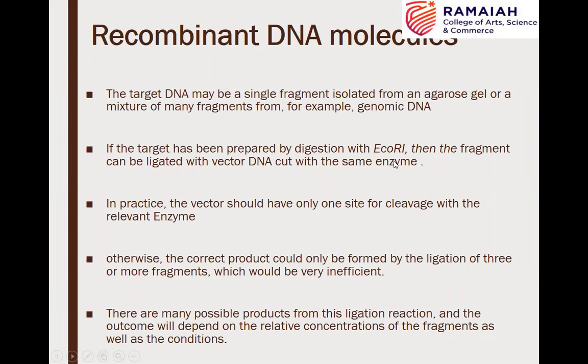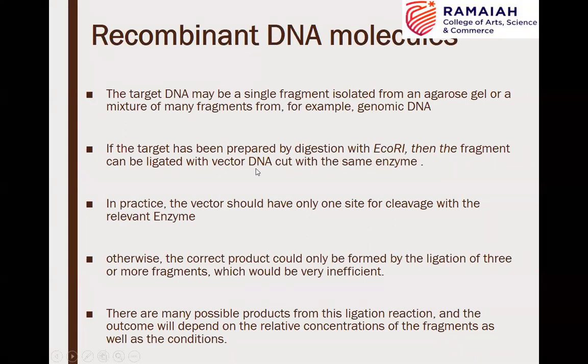In the previous class, we discussed in detail. For this ligation to take place, the ends that need to be joined should be compatible with each other. When they are compatible with each other, they would be able to base pair because of the complementarity, thereby forming the hydrogen bonding. The ligase does only the sealing of the nick, isn't it? So the point I am trying to explain is, if the target is prepared by digestion with EcoRI, then the same enzyme would have been used for preparing the vector also.